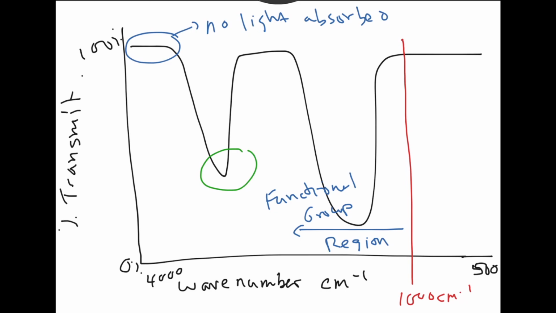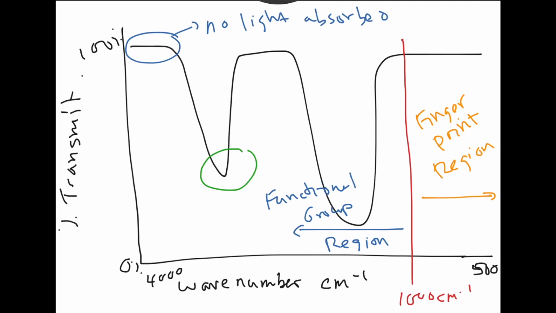This is where all of your functional groups are going to show up. The peaks for ketones, aldehydes, aromatic groups, alcohols, amines are all going to come from 1,000 up to 4,000. Then below 1,000, this is the fingerprint